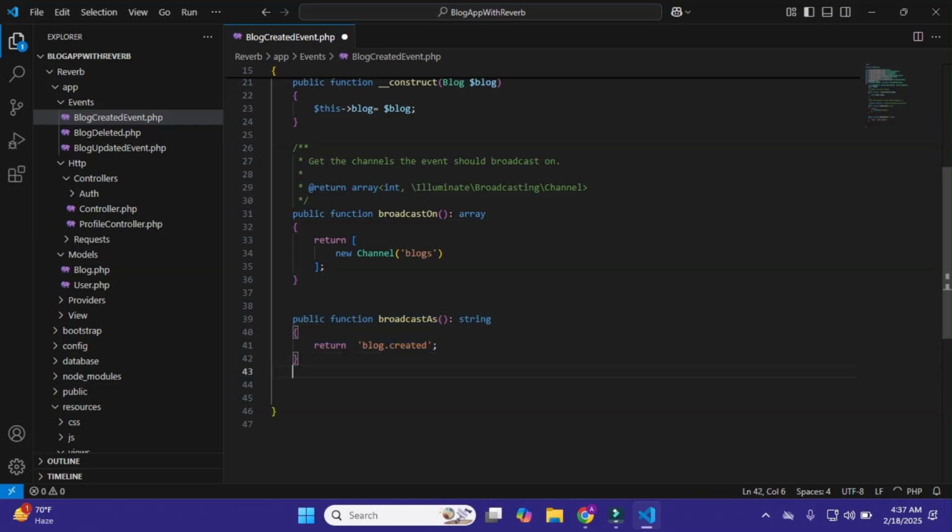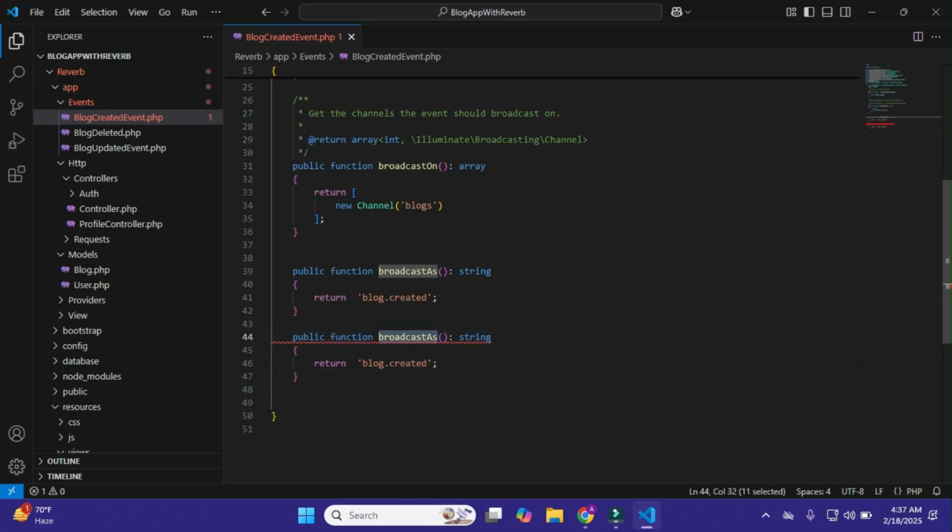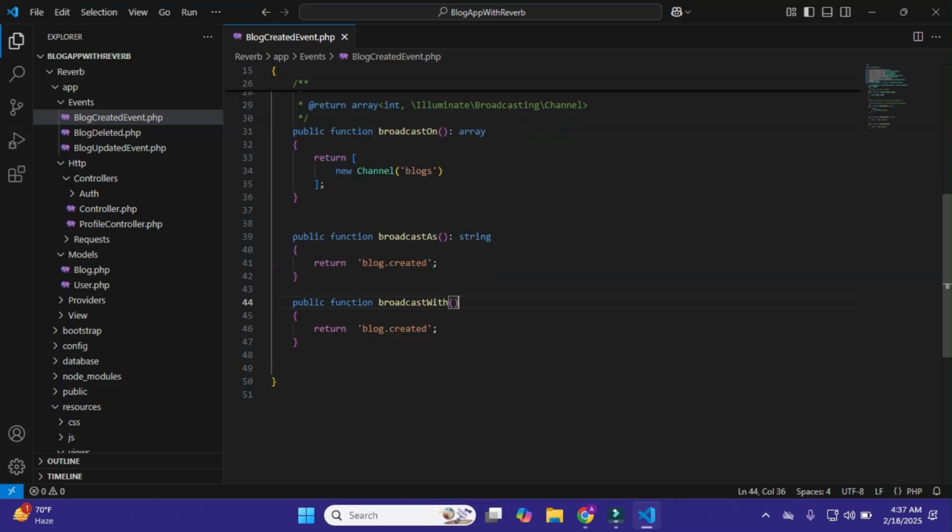Now I'll copy it and paste it here, and it is a public function, broadcastWith. Just remove this string. We broadcast this as a return, and within this return I'll pass an array.